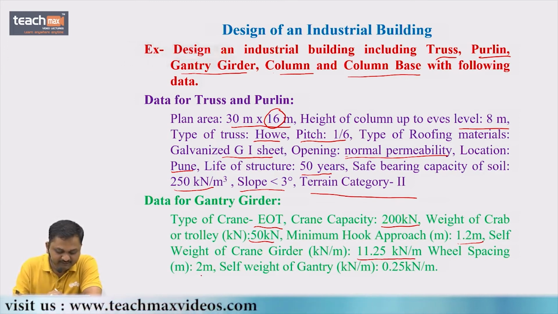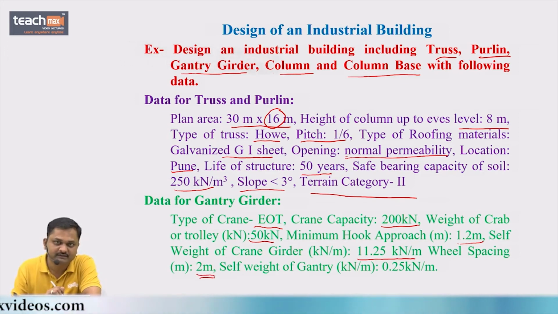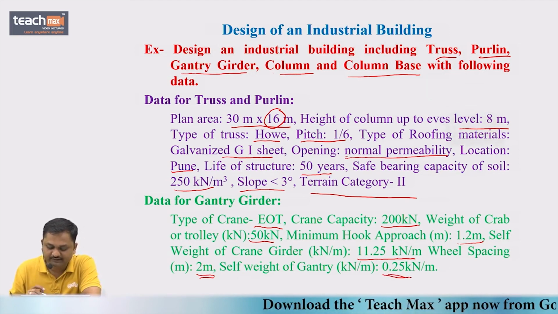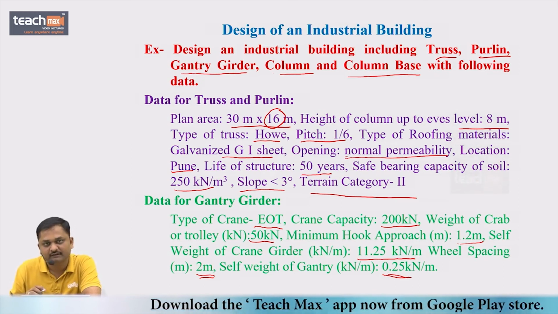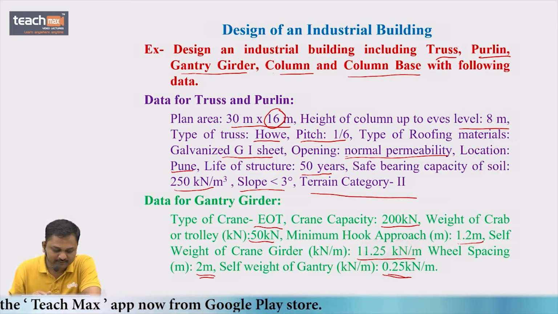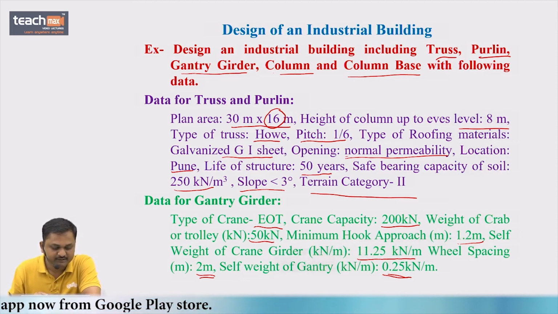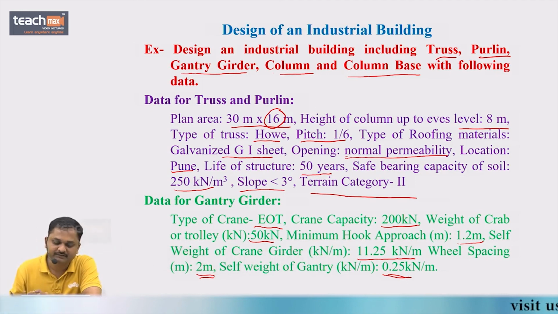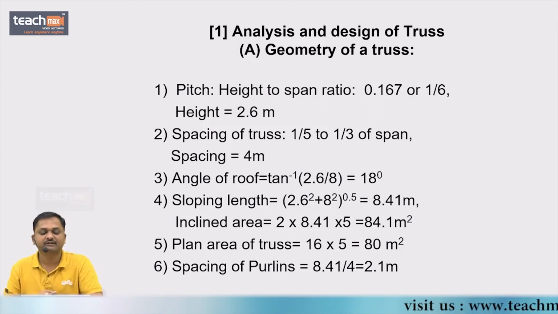Then wheel spacing is also very important. It should be given or it can be assumed, depending on the availability of the crane. Self weight of the gantry girder you also need to assume. Also self weight of rail you can assume 0.3 kilonewton per meter. So all these are the given data particularly required for design of truss, purlin and gantry girder. Okay, so let us design one by one. First of all we are going to focus on the